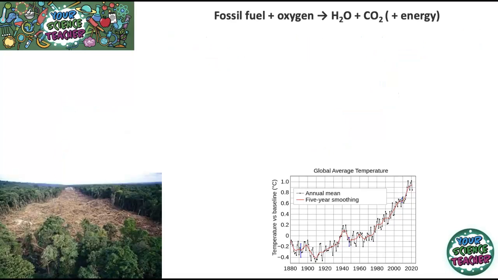You remember earlier in the video, I said that for the last 200 million years, the atmosphere has been pretty stable, with small fluctuations in the amount of carbon dioxide in the atmosphere. However, human activity is increasing the amount of carbon dioxide in the atmosphere at an alarming rate. If you have a look down here at the graph, it shows the amount of carbon dioxide in the atmosphere in parts per million,